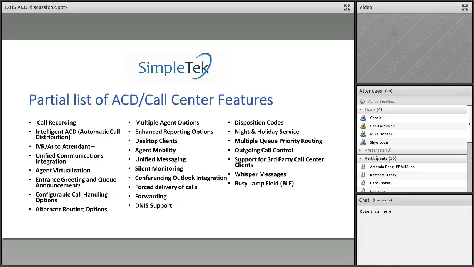So if you're a supervisor, you can literally listen into some of the conversations. You can coach, where the person that's handling the phone call can hear you, but the person that's calling in can't. You can do barging. You can do a lot of different things and handle calls depending on what's going on, all through your screen on your computer.